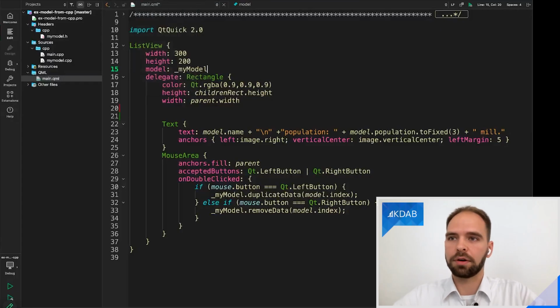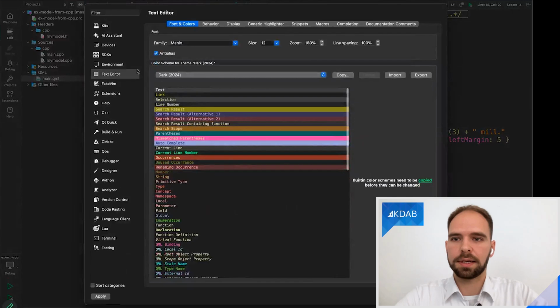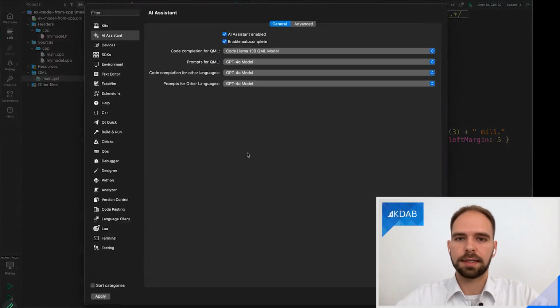So the expectation is that Qt AI Assistant is going to work with all languages that you're working with in Qt Creator. And I will use your question to show you a little bit more background. If I go to the preferences and look at the AI Assistant settings, this is just the easy settings to get us started, you see that the AI Assistant plugin distinguishes between different use cases.